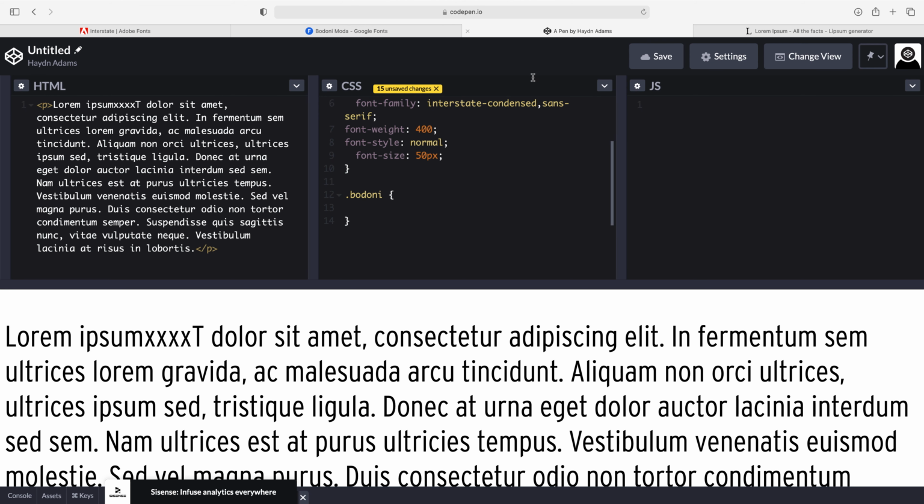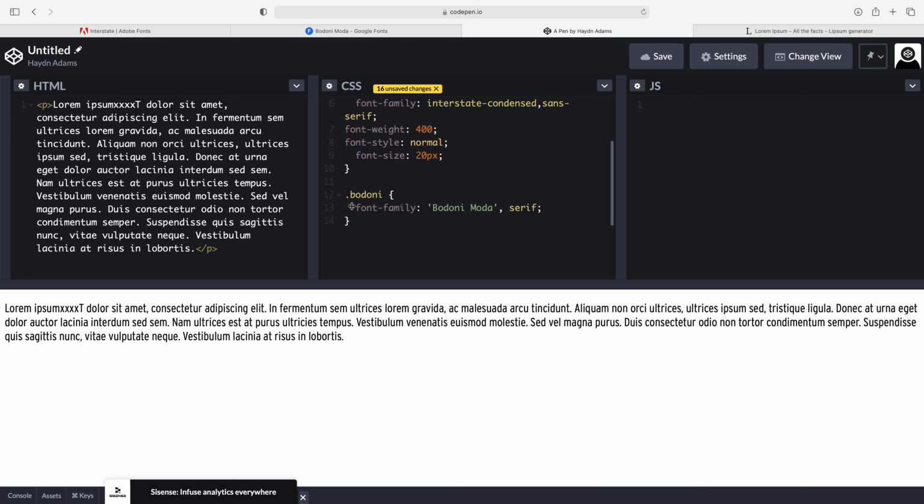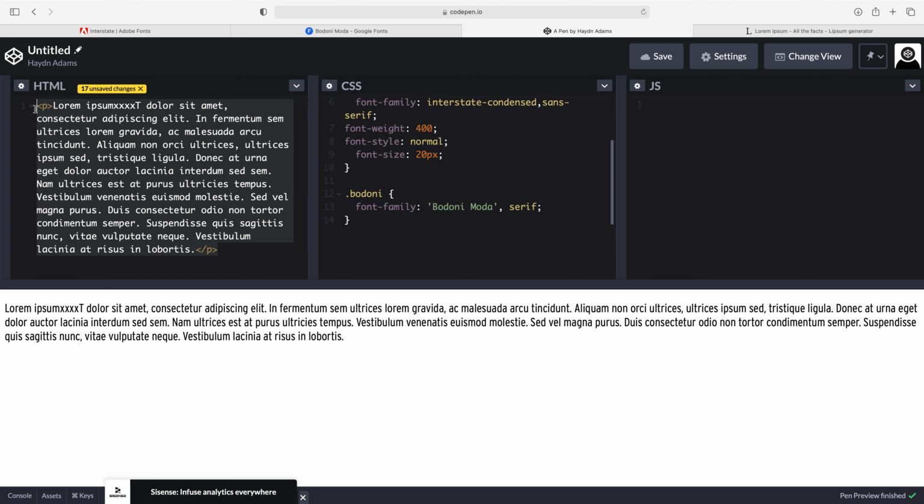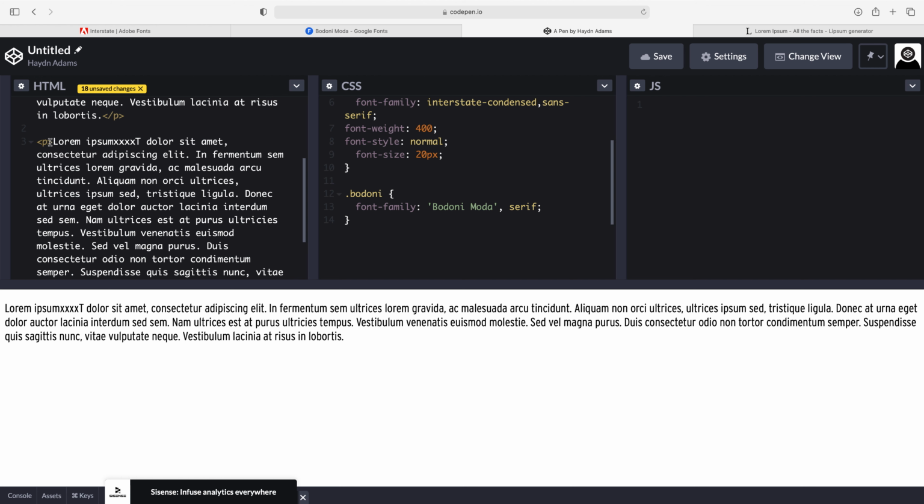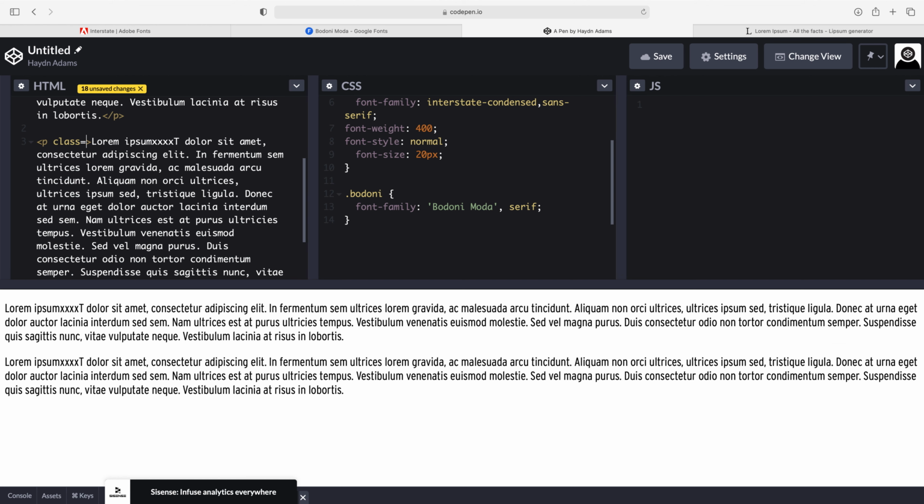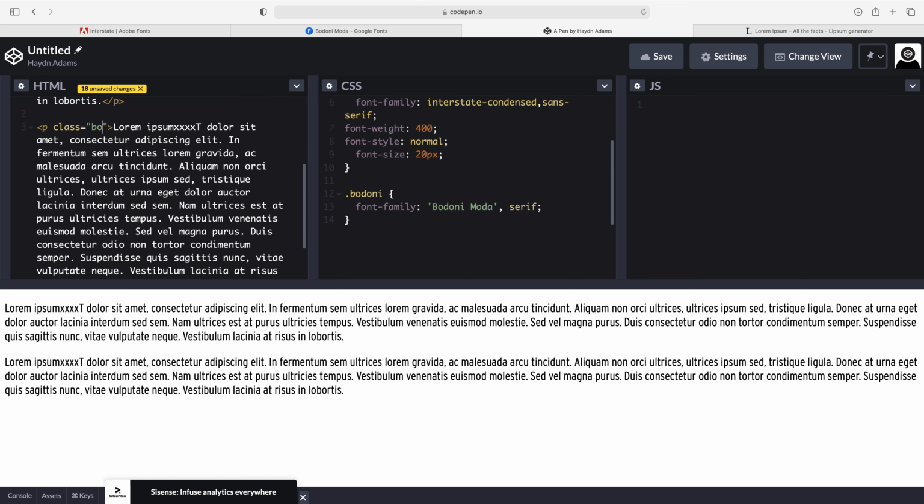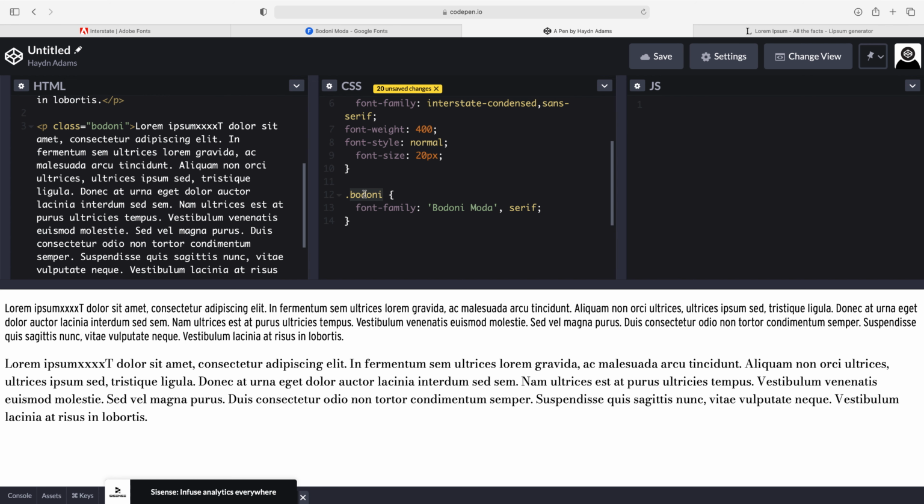And I'm quickly realizing that 50 pixels was probably too big. There we go. That's better. So we'll just duplicate this paragraph. And then what we'll do is we'll make P class Bodoni. There we go. And that's spelled right. There it goes. So notice now how this font, if you look at the overall height of the X,